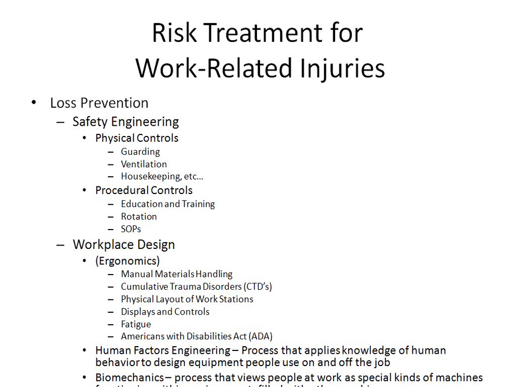If you think about engineering, in this case, when we talk about physical controls, they are physical ways of preventing that hazard. So guarding, ventilation to make sure we have good air quality, housekeeping, not having stuff on the floor, preventing slips and falls. The physical controls can also be safety interlocks, all those types of things. For procedural controls, I'm actually going to go back, because I think it even talks about wet methods, and I'll go through some of these fairly quickly. For safety engineering, I'll go through some of the other loss prevention physical controls.